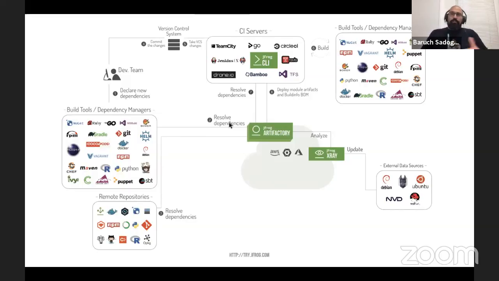Either way, using one of those methods, eventually we will get as much metadata as possible about our artifacts, and all of them will be deployed to Artifactory. Now, when we have in Artifactory our artifacts with all the metadata,